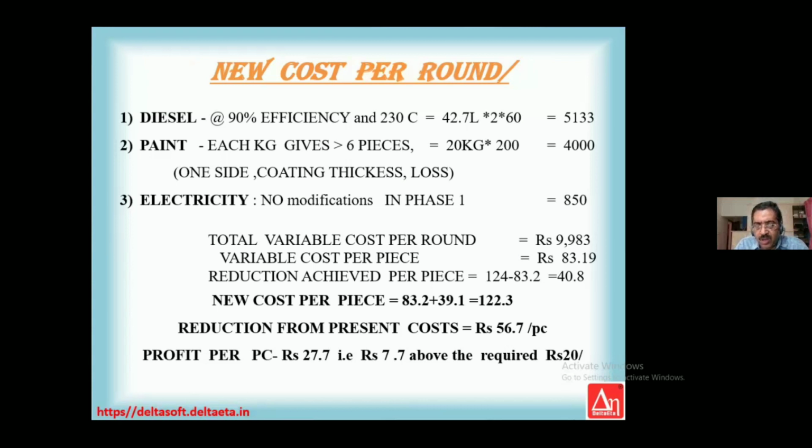So we are able to reach a figure of approximately 122 rupees as the cost. We know that the selling price is 150 fixed. So instead of 20 rupees profit, you are able to make 27.7 rupees as the profit. So your management is happy, your customer is happy, and you also will be happy. So as managers, you see that by attacking the fixed cost and the variable cost, you are able to bring down the cost by not 27%, but much more than that.